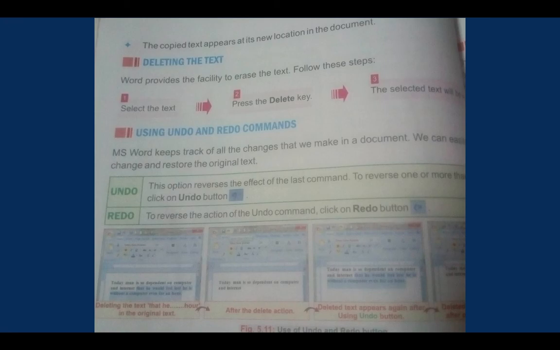Cut, copy, paste, print command, save command: it is not only working in MS Word, it also works in the Paint program. But we need it more in MS Word because we are using it to make very important documents. Sometimes it is an emergency. So if you have knowledge of these shortcut keys, it makes the work easier and faster, right? Now we are left with two topics, checking spelling and grammar, and thesaurus.